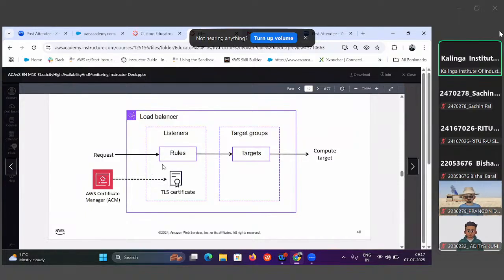अभी देखो लोड बैलेंसर का एक आर्किटेक्चर दिया गया है, you can refer to that. Like there is a request which is coming to the rules, like this is a listener and this will be your target groups, right? And here if you use that certificate manager like ACM जिसको बोलते हैं AWS सर्टिफिकेट मैनेजर, तो ये TLS सर्टिफिकेट जनरेट करता है, ऑथराइज करता है, और बेसिकली जो भी रूल्स जो तुम सेट करोगे, जो भी तुम्हारा रिक्वेस्ट होगा, जो कि क्लाइंट का रिक्वेस्ट होता है जनरली, तो वो लिसनर पे जाएगा, और फिर तुम्हारा टारगेट क्या है, उसके बाद तुम्हारा कॉम्प्यूट टारगेट पे हो जाएगा। बस तुमको कितना रिक्वेस्ट आया, या कितने अभी करंट में कितने इंस्टेंसेस रनिंग कर रहे हैं,